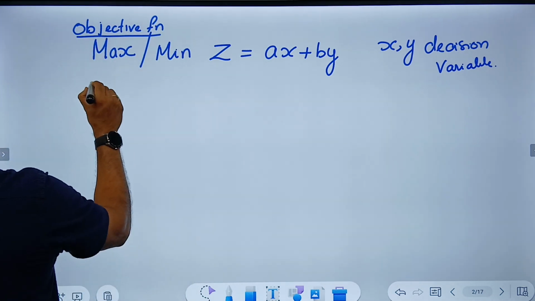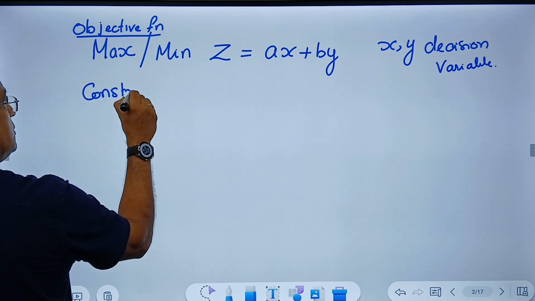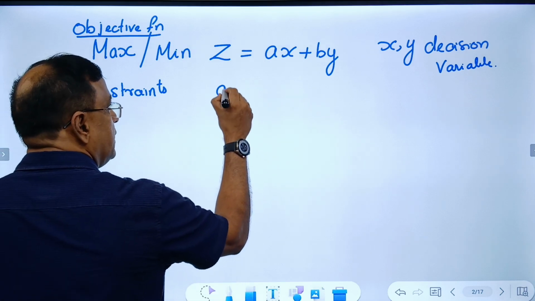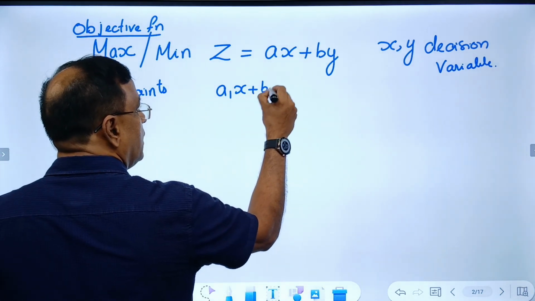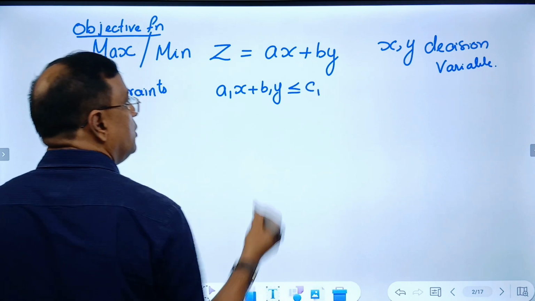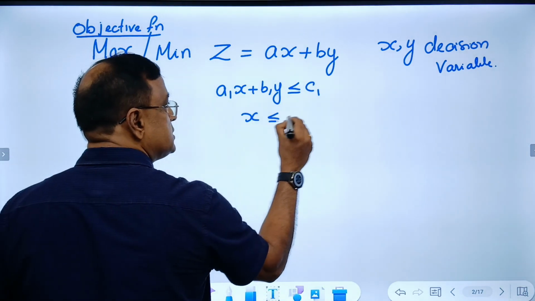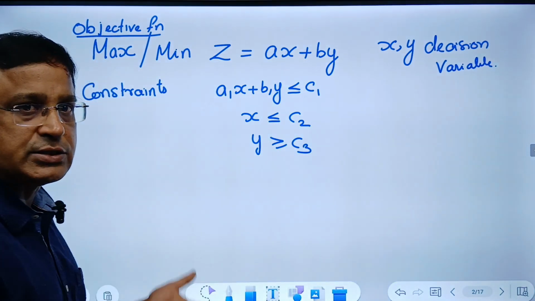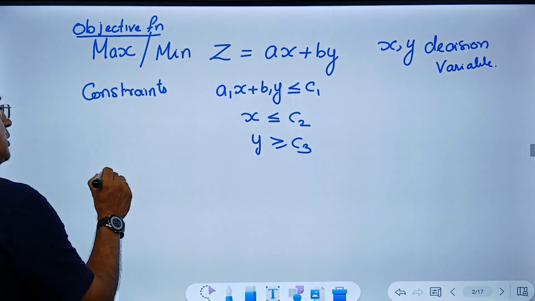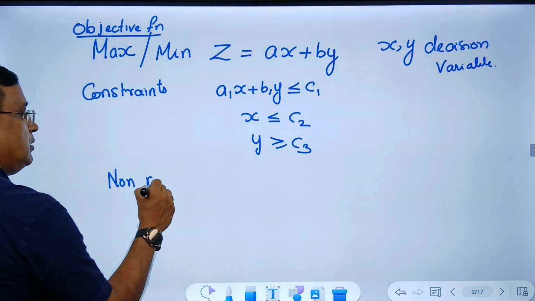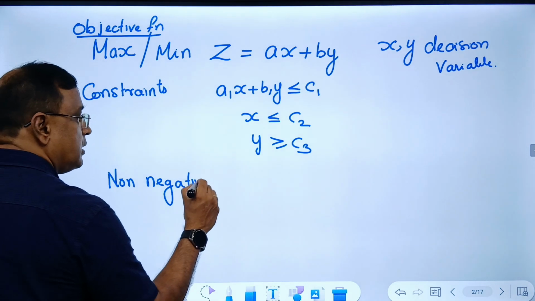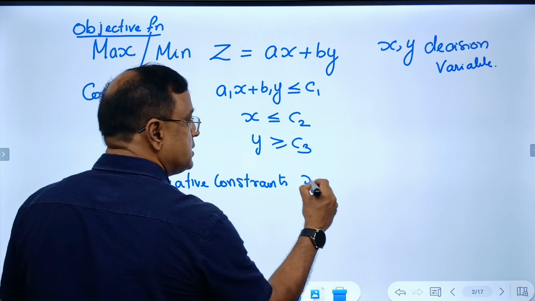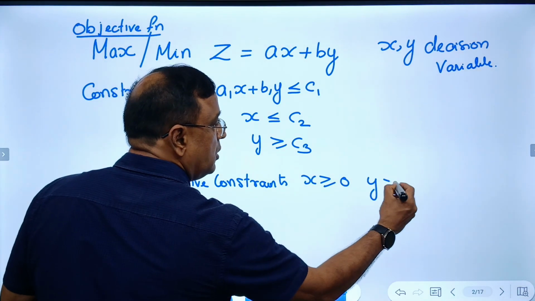Then it should have constraints. You can have any number of linear constraints, for example a1x plus b1y is less than or equal to c1, or you can have x is less than or equal to c2, y is greater than or equal to c3, and so on. You can have any number of constraints. Then it should have non-negative constraints. That is, every LPP should have x greater than or equal to 0,